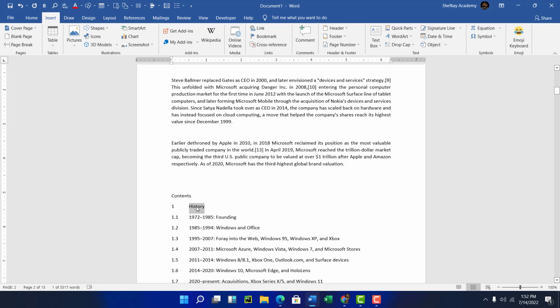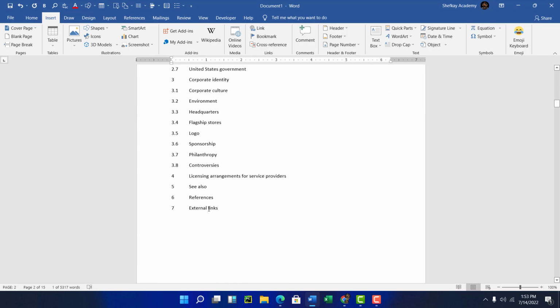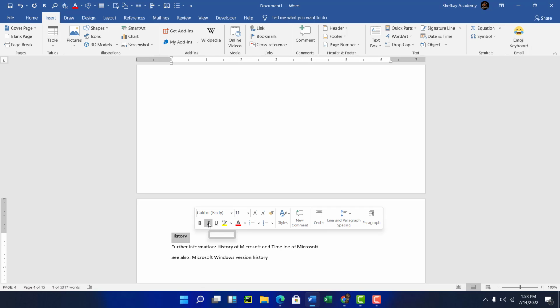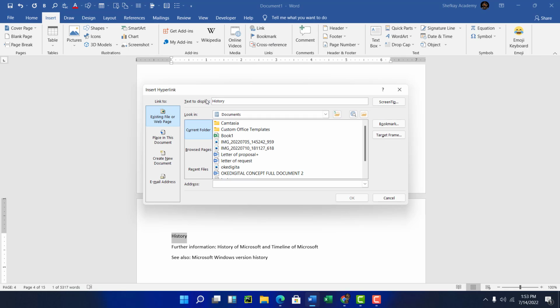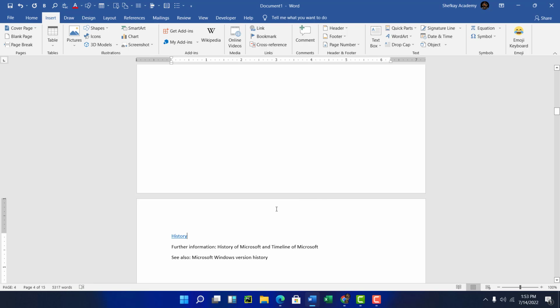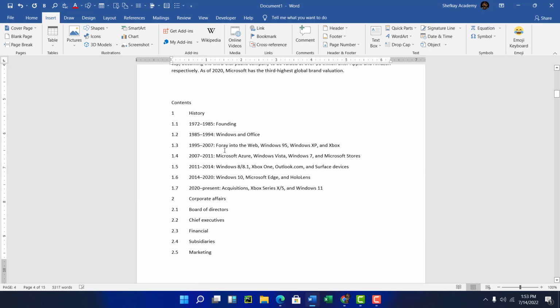Now I want to link this to this history that I have here. Now I'll click on link. Then click on place in document, that is place inside this document. Then inside my document, can you see we have bookmark? The bookmark I just created is listed, right? So click on it, then click on paste. So automatically this will take me,